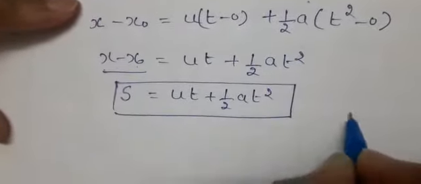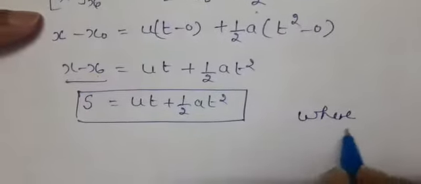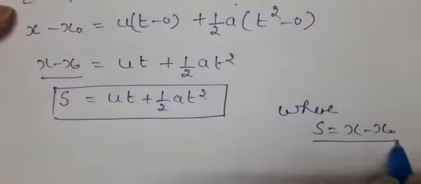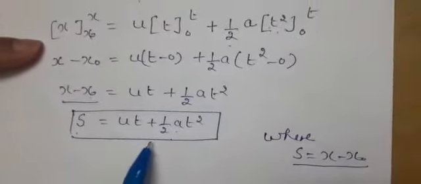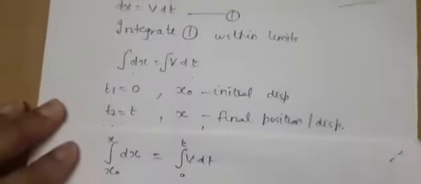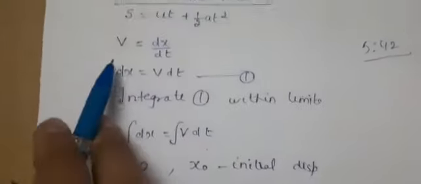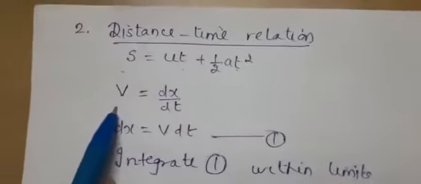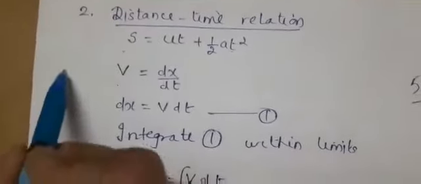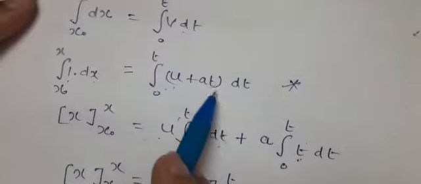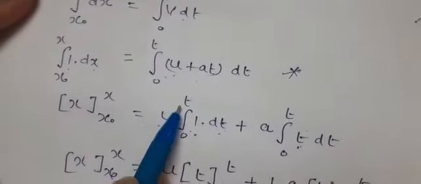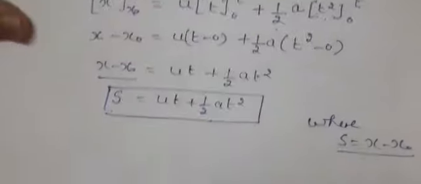So this is the equation which we have taken in the starting. This is taken as the position-time, distance-time, or displacement-time relation. We have solved it by the calculus method. So what steps do you have to remember? Only this step: velocity is equal to dx upon dt. That is a key point you have to remember. The second point, which is very important to remember, is that at this point you have to substitute v is equal to u plus at. These 2 points you have to learn in this derivation.